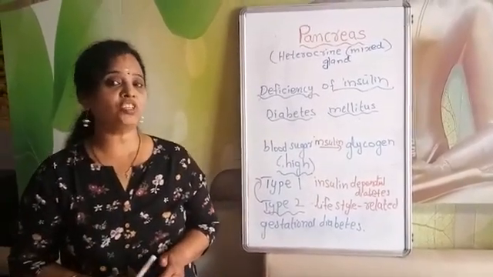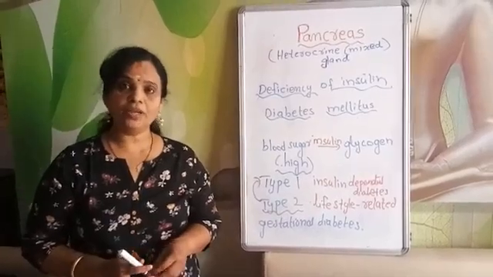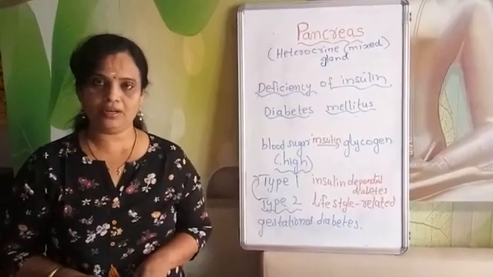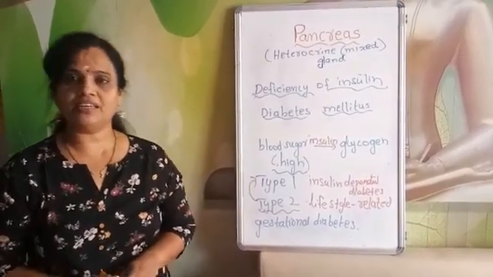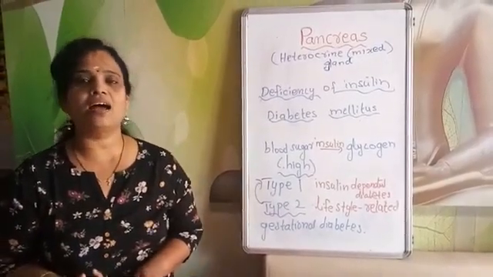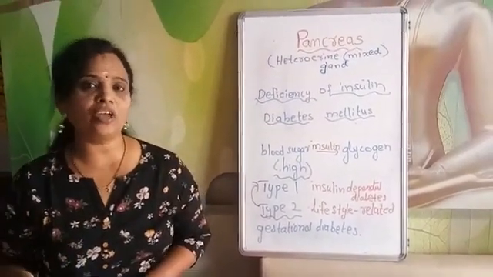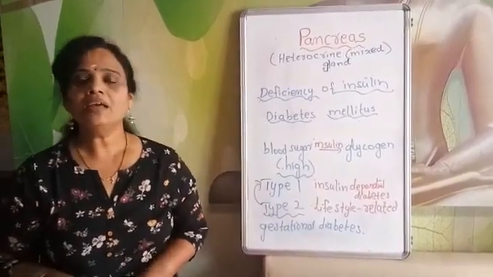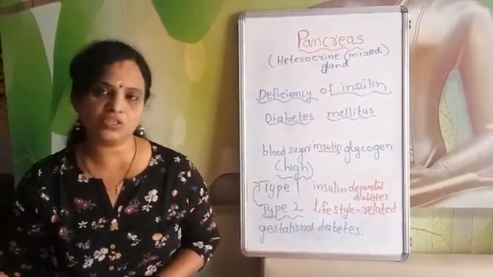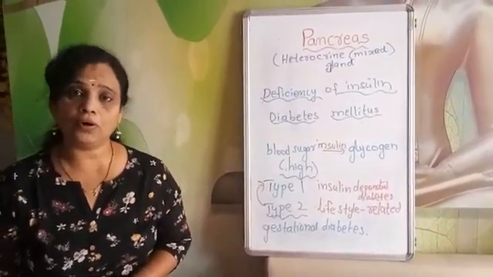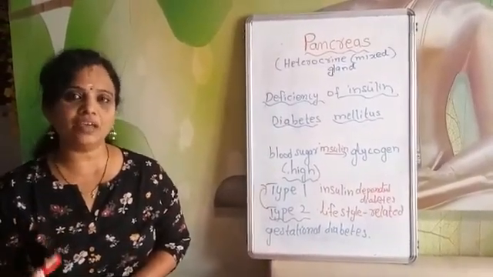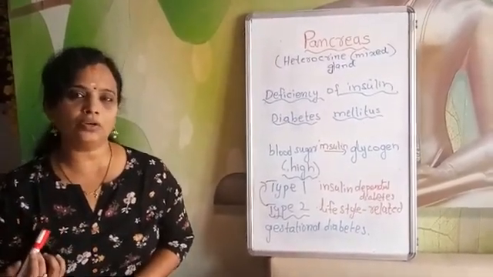And always remember, children, diabetes, though it is common, it is dangerous because it can affect every organ. It can affect your eyes, it can affect your heart, cardiovascular problems it can create, and remember, it also affects the kidney. So kidney related problems also you get, because diabetes leads to all these disorders. Any organ in the body can get affected due to diabetes. So you should be extra careful, and you should know how to regulate your sugar level.